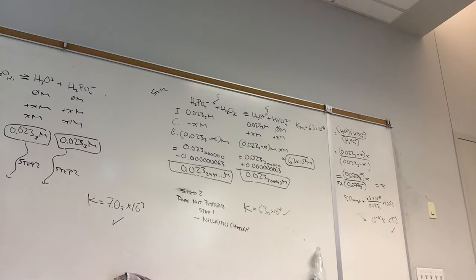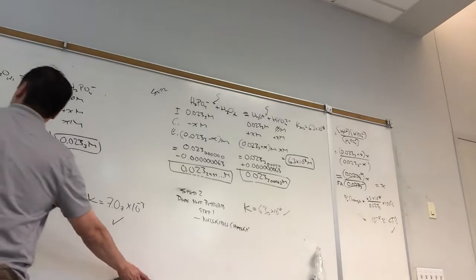If we look at sulfuric acid, step 1, very large. Step 2 is 10 to the minus 2. So going from very large to 10 to the minus 2, their orders of magnitude are different. But we also have to pay attention to the order of magnitude here. And so for polyprotic acids,